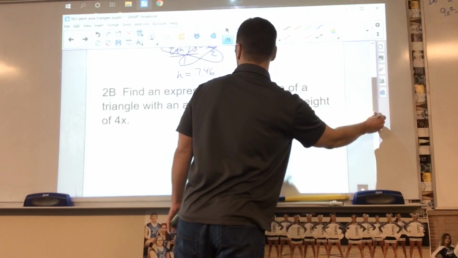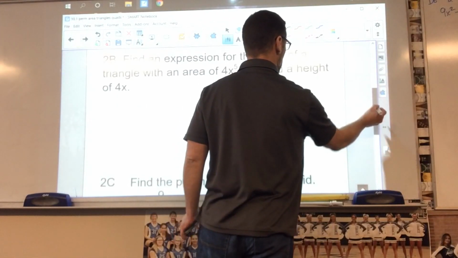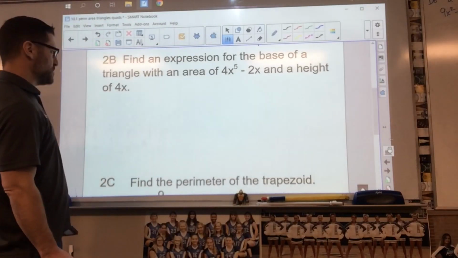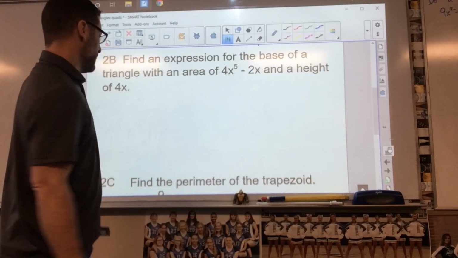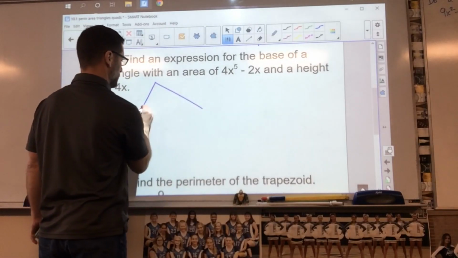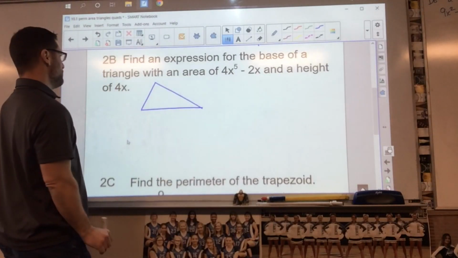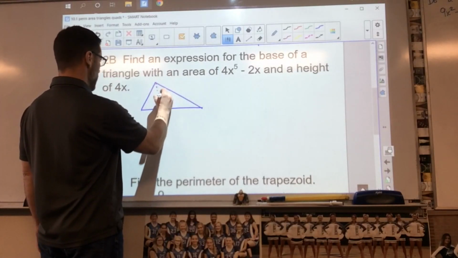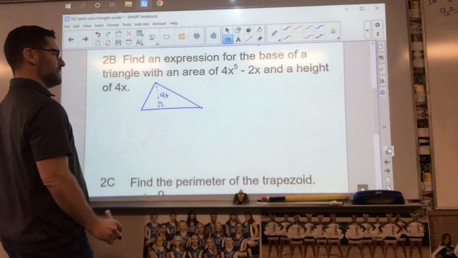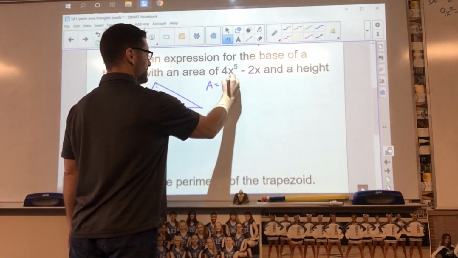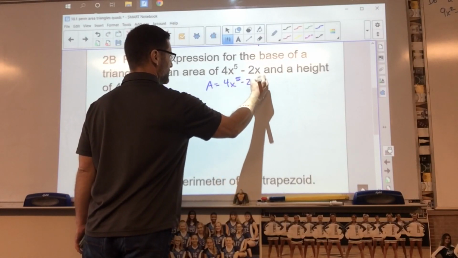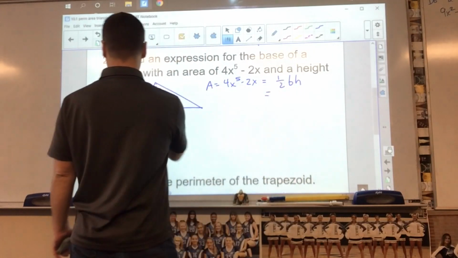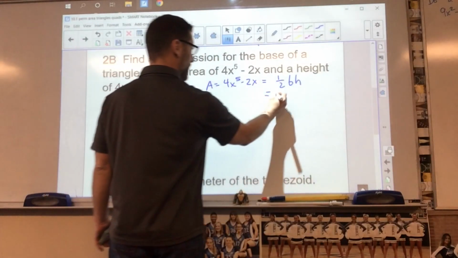All right, next one, find an expression. Well, if I see find an expression, I know I'm probably going to have x in my answer again. So it says find an expression for the base of a triangle with an area given and a height of 4x. Well, I'll draw a picture. Base of a triangle, the height is 4x, and the area is given. Area is 4x to the 5th minus 2x. Well, I know my area formula is 1/2 the base times the height, so my height is 4x,